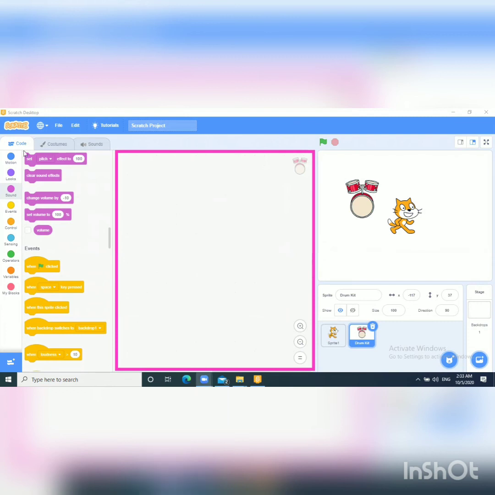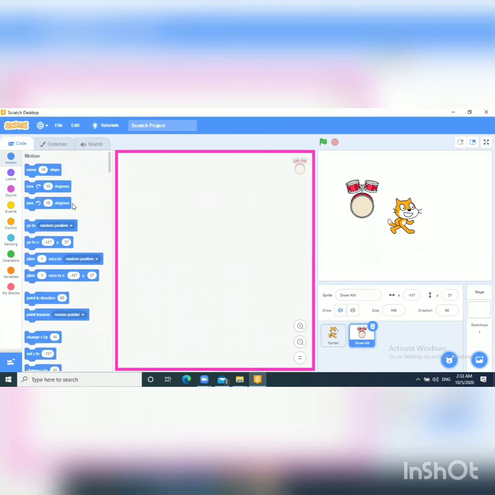For example, if I want to take a turn 15 degrees block from motion, what I will do is just drag and drop it. For dragging, we press the mouse left click and hold it down, and after placing it, we release it.